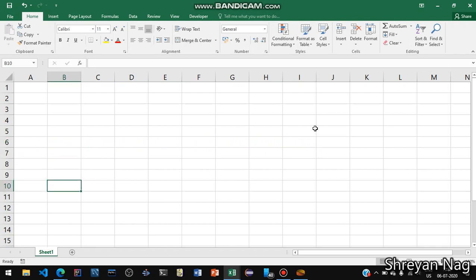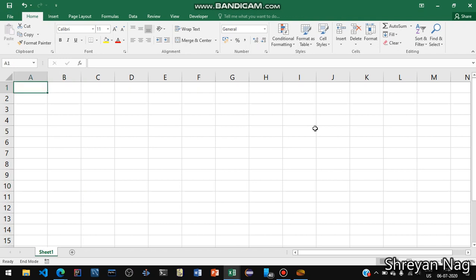Now suppose you want to find out what the last cell number, row number is. If you want to move to the bottom, press Control followed by End.